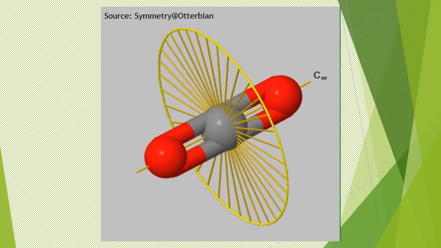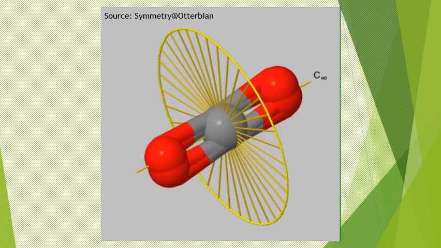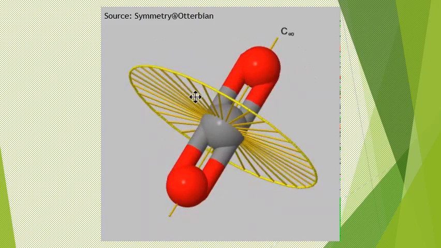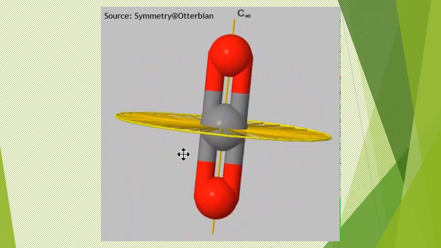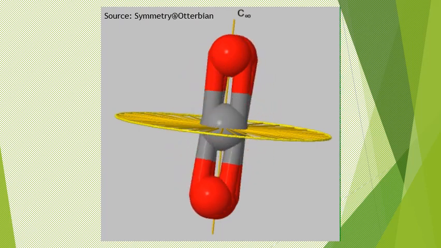Now just one C2 I can show. C2 rotation. See, the molecule can be rotated on any of these axes. It need not be just on one axis. On any axis the molecule can be rotated, and it will give you an identical orientation itself. Therefore we have an infinite number of C2s, and totally this molecule goes to the point group D infinity h.